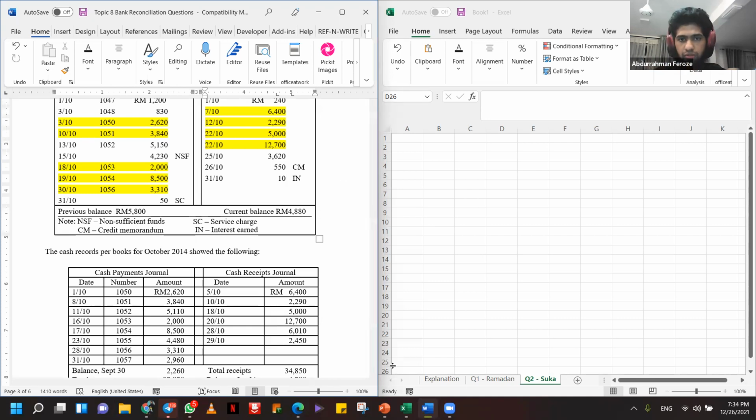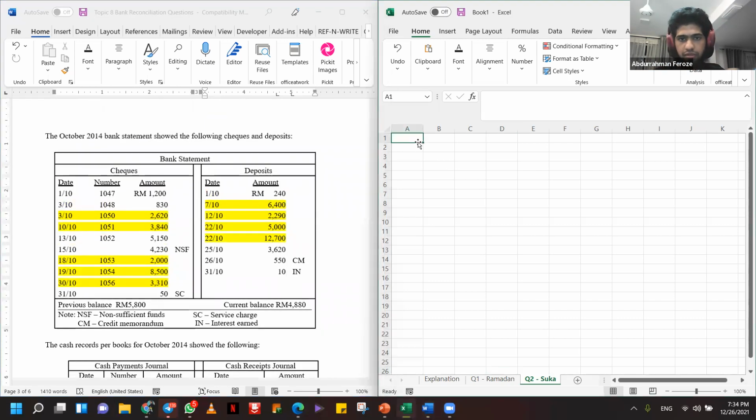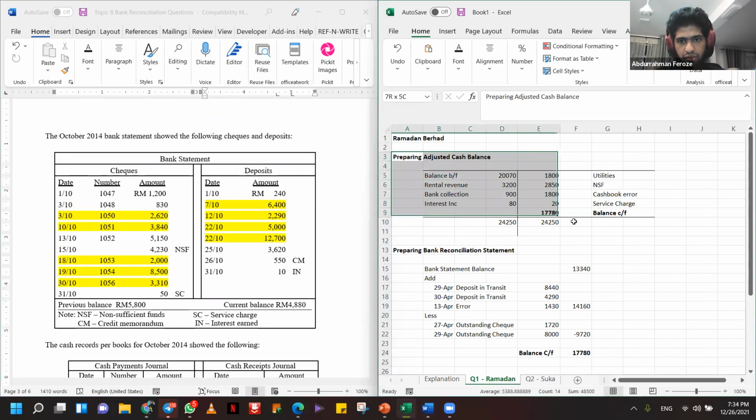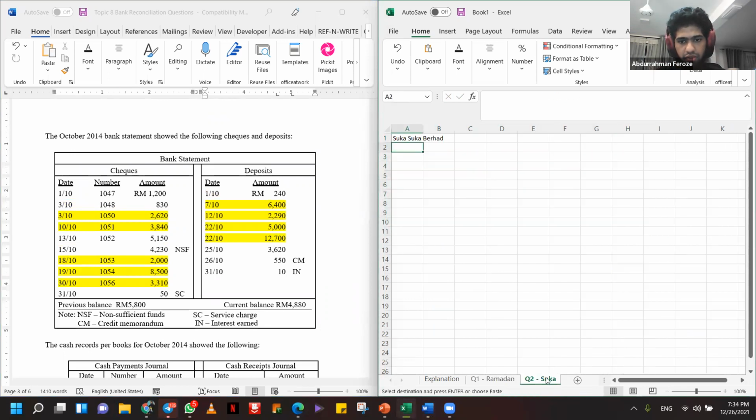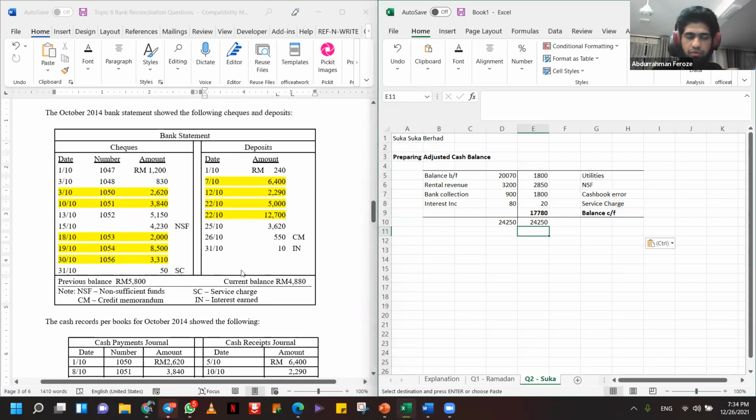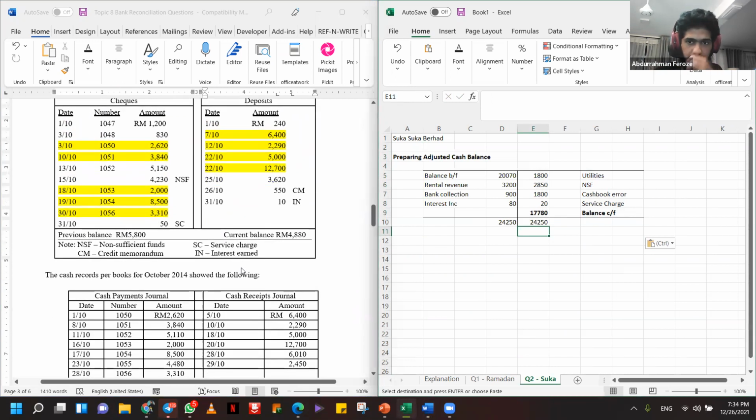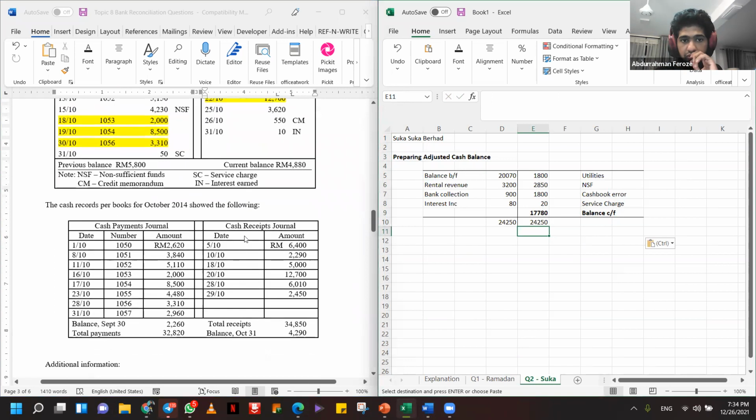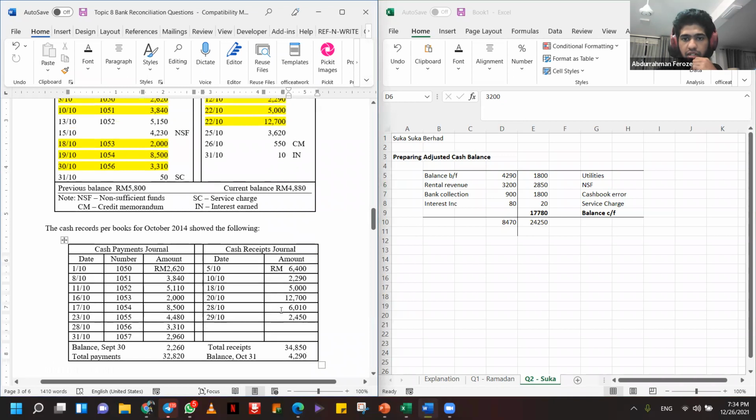All right, so we can begin the answer. Let me just copy this. Okay, so first of all, the balance in the cash book at the end of October is 4,290, right? It's shown over here, right? And now we have to cover